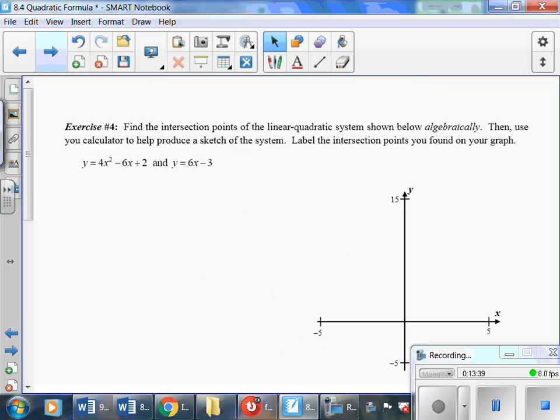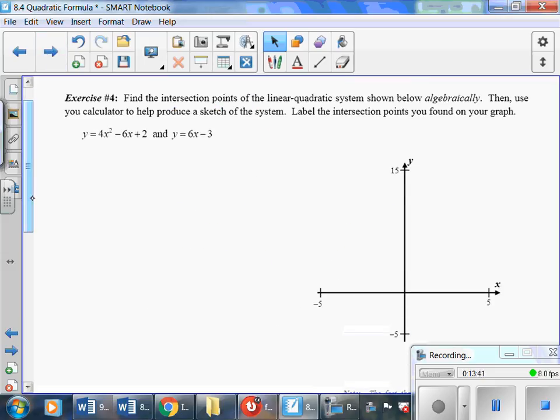Okay, so exercise 4 says find the intersection points of the linear quadratic system shown below algebraically. Then use your calculator to help produce a sketch of the system. Label the intersection points you found on your graph. All right, so if we're doing this algebraically, we have to make sure that we are recognizing how to solve